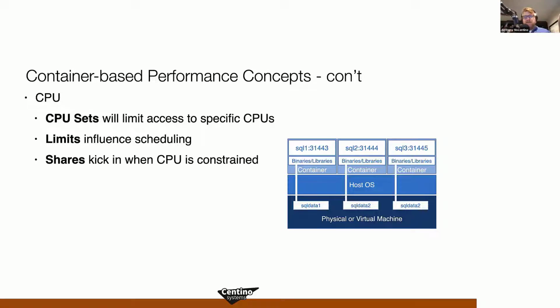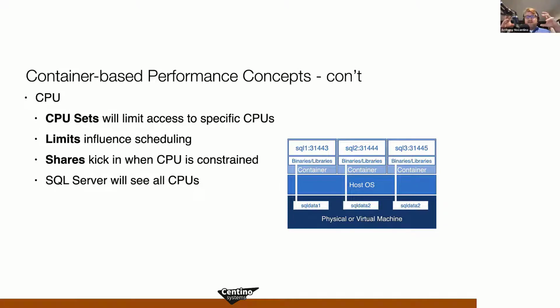Here's what's unique about all of these different CPU limiting configurations: SQL Server, or any process really, will always see all of the CPUs that are available at the base operating system. So my demo machine here has 2 cores in it. It used to have 6, but that's the one over there that caught on fire on Tuesday. This demo machine that I'm on now only has 2 cores in it. SQL Server will see those 2 cores, regardless of which configuration I set. If I use a CPU set and say you can only use core 0, SQL Server will still see all of the cores. The scheduler will affect the change that requires me to run just on that one core.